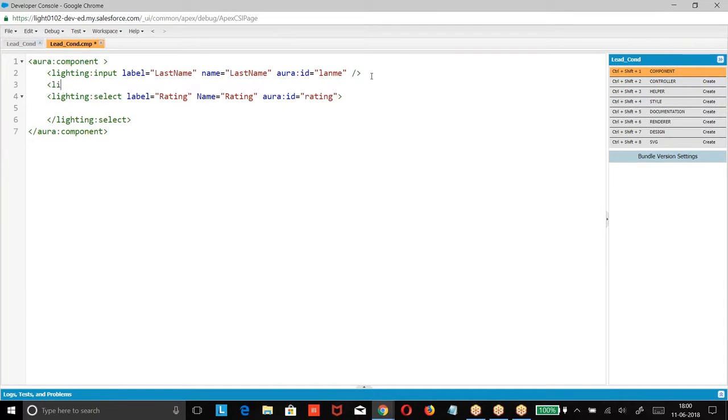Giving Lightning input label equal to, because you want to create your own page, right? The new page you want to create your own. When you click on the button, we don't want a standard page, we want our own page. So I was trying to create a form.